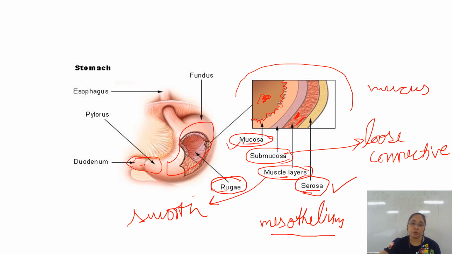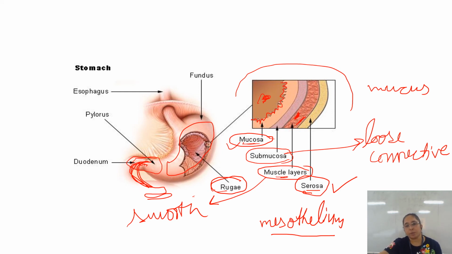Now, the mucosa of the small intestine. See, this has finger-like projections called villi. These villi are supplied with a network of capillaries and lymph vessels. The major function of villi is to absorb the nourishment, the digested food material, and then pass it to the blood through the blood vessels.